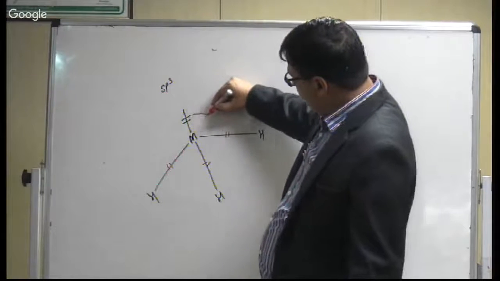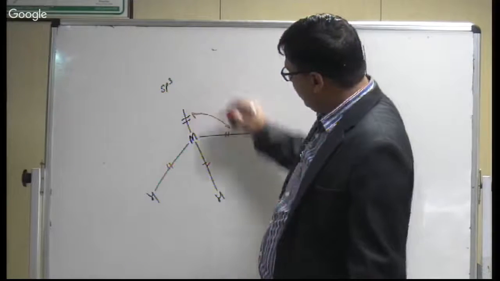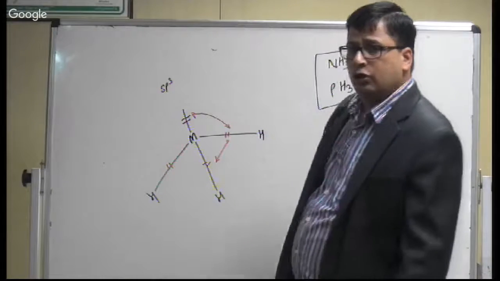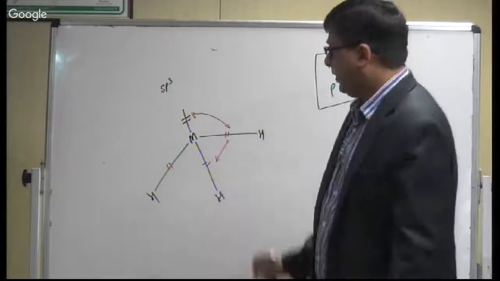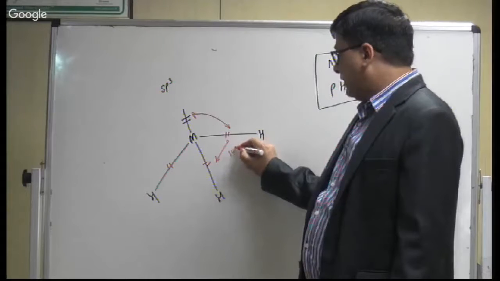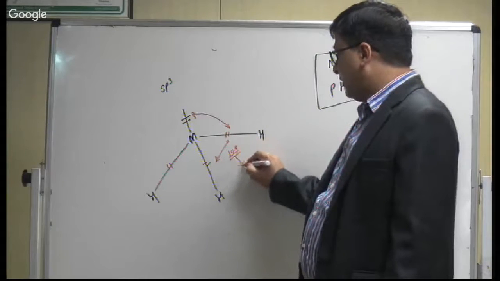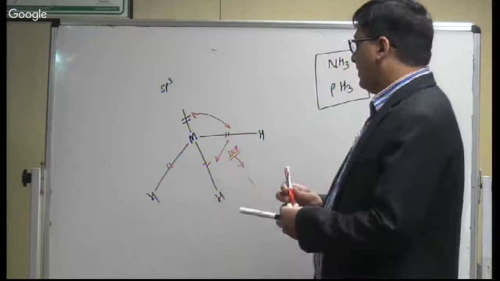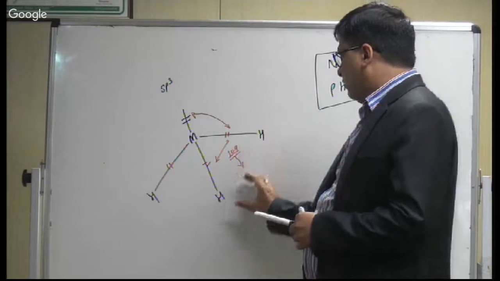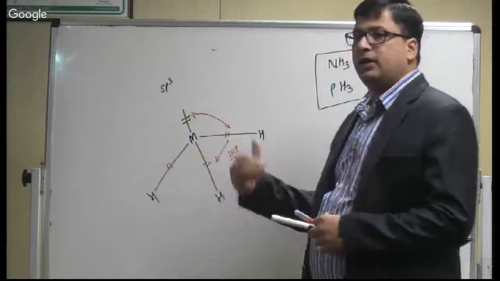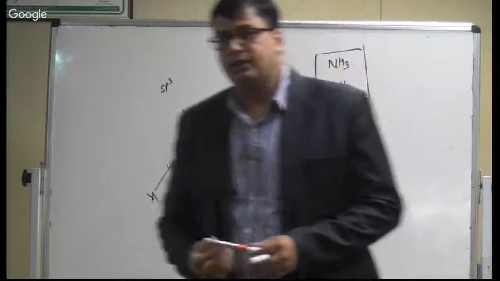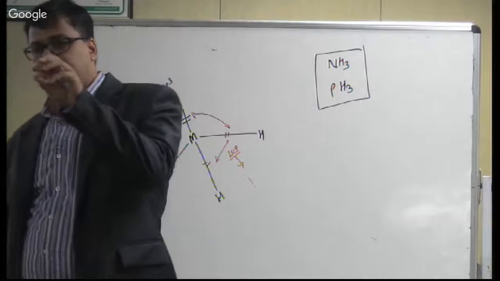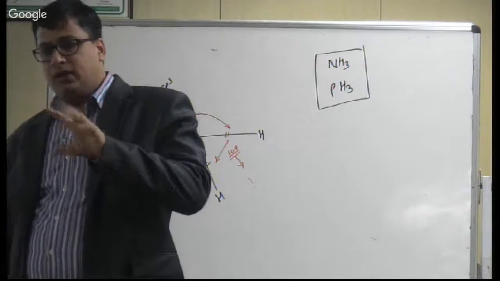Is lone pair-bond pair repulsion higher, or bond pair-bond pair repulsion? Lone pair-bond pair. So can we say the angle is not 109, it decreases to less than 109? Why is it less than 109? Because the bond pairs come close, so this angle will be decreased. Clear? So as you increase the size of the central atom,